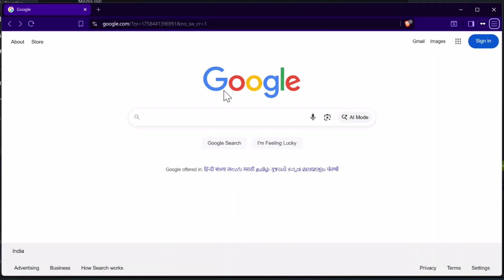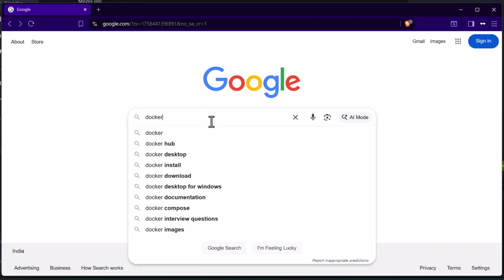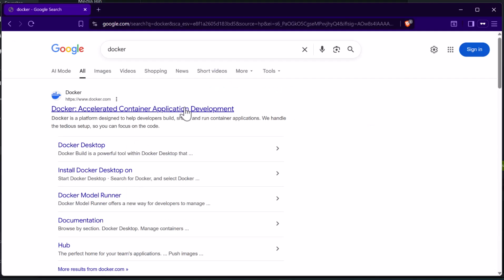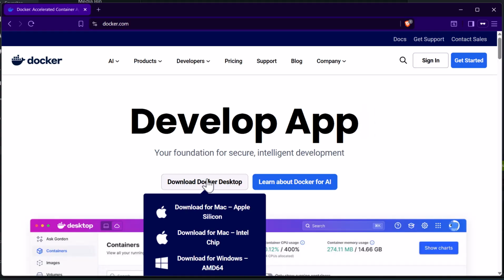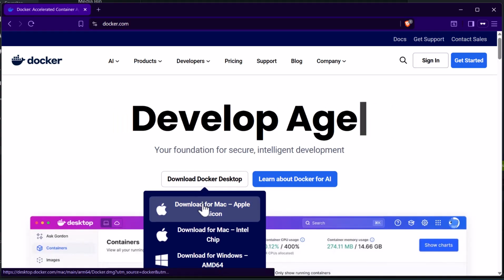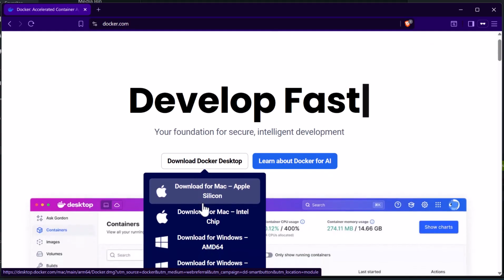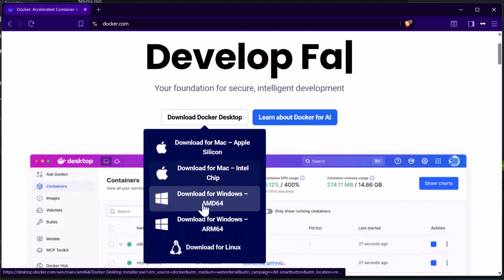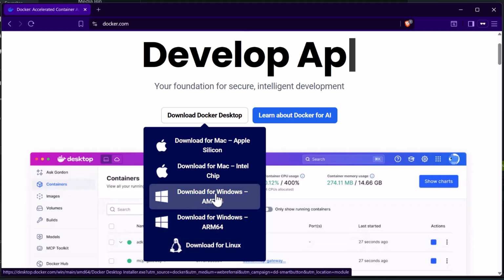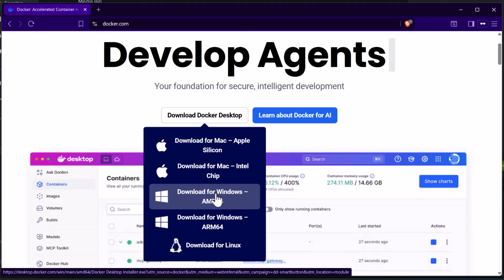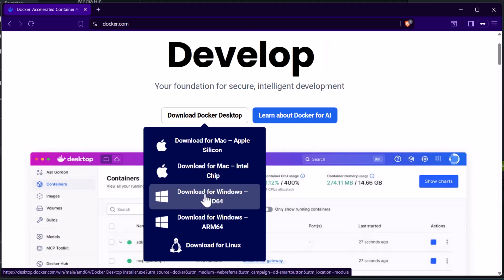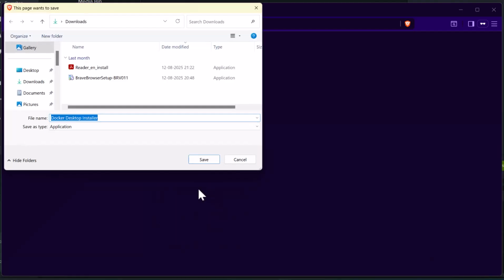To download Docker, open Google and just perform a search with the term Docker. Come to the first page and here you will be finding download Docker desktop. Based on the operating system that you're using, you can either choose Mac version, Windows, or even Linux. As I'll be demonstrating with the Windows version, let me download this Windows AMD 64 version and it